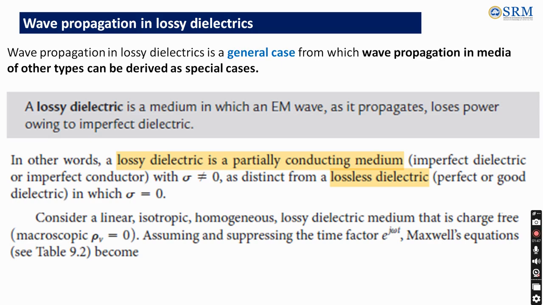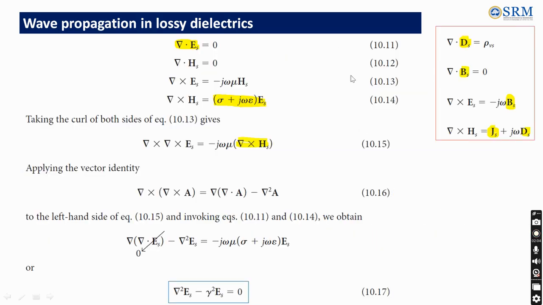It's not a perfect dielectric or a perfect conductor. There will be a little conductivity there. And we are going to consider a charge free medium also, so the volume charge density is zero. So we are assuming and suppressing the time factor e power j omega t. The Maxwell equations we know in time varying, time harmonic form, right? We are going to replace all the four equations in terms of E and H, that is electric field